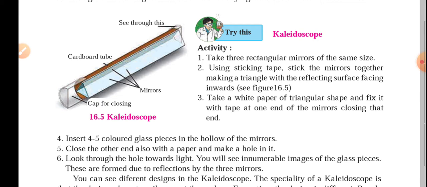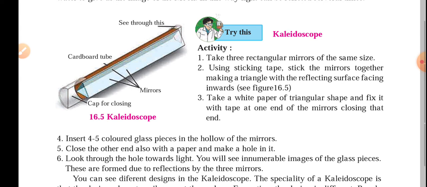In the salons, there are mirrors in front and at the back. When we talk about salons, we have a front mirror and a back mirror, and you can see your head multiple times, one image behind the other. That is because of the two mirrors which are facing each other and are placed at a certain angle so as to produce multiple images.